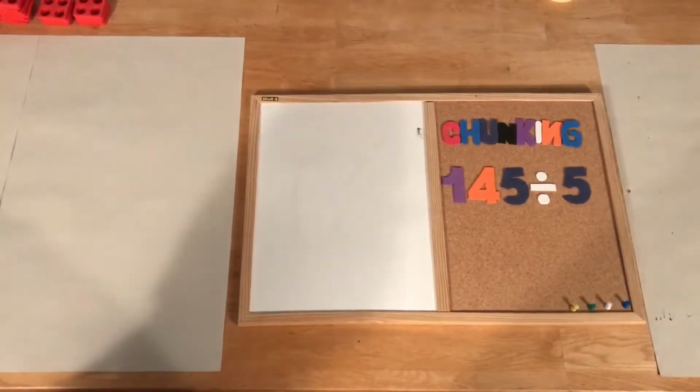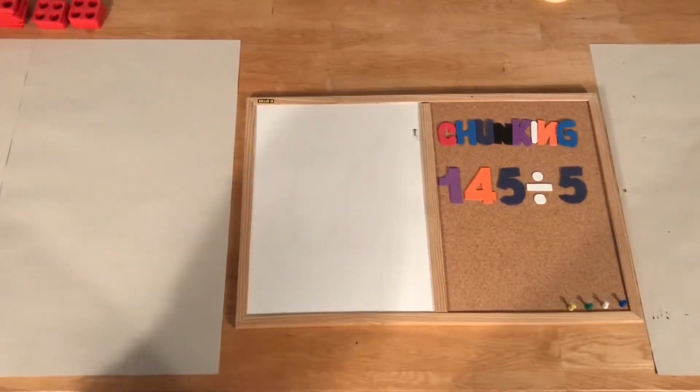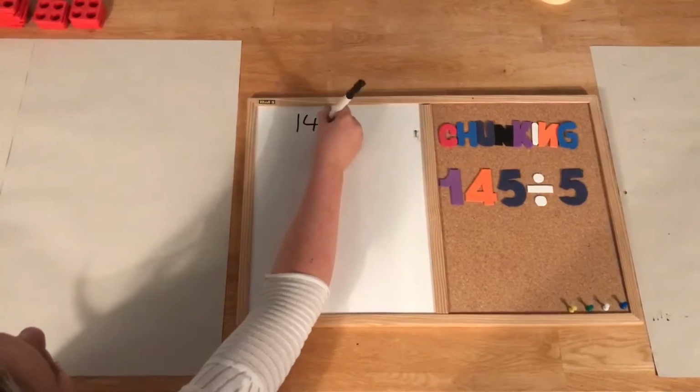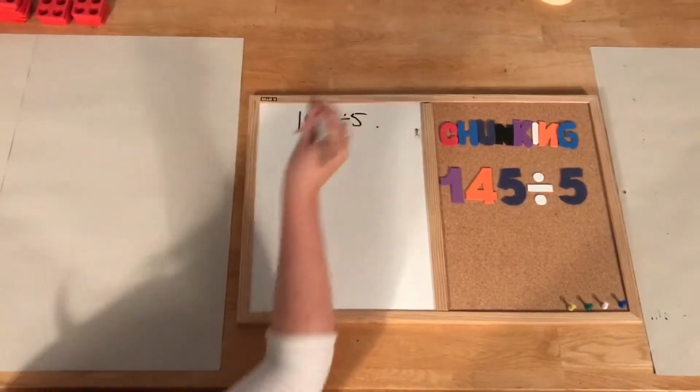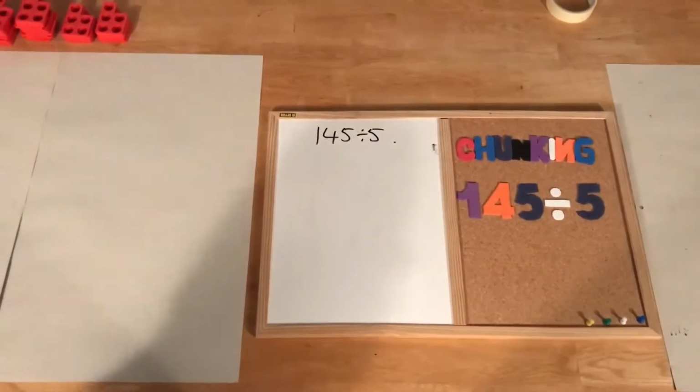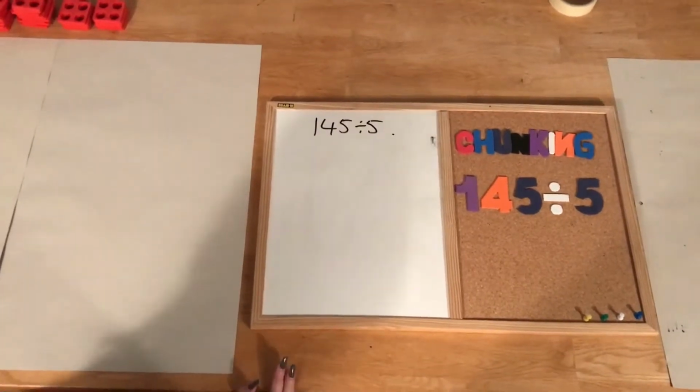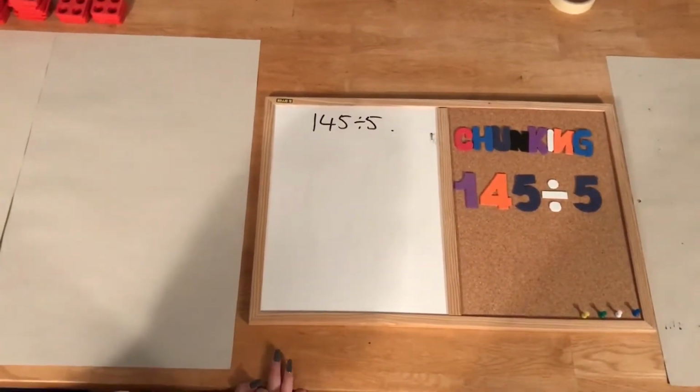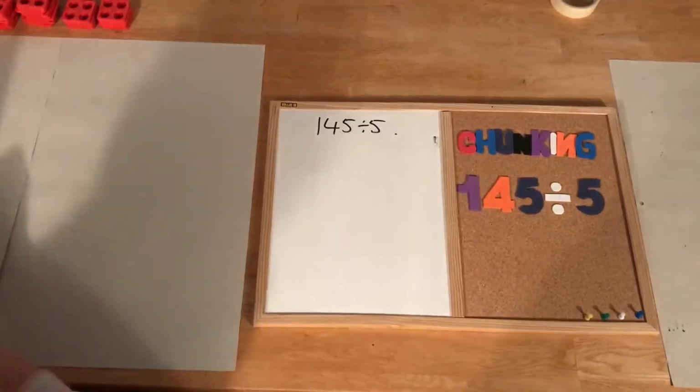I'm going to be modelling chunking division strategy using the calculation 145 divided by 5. I will be using an empty number line, Numicon and a whiteboard to help me with my representations. I have chosen to demonstrate this division strategy with the use of an empty number line, which I should start